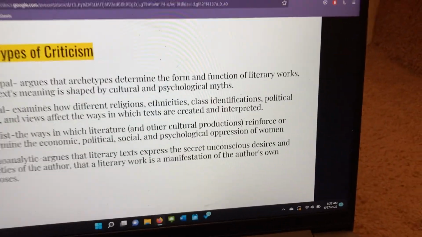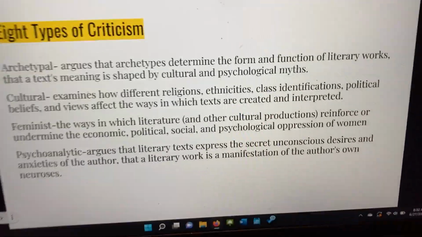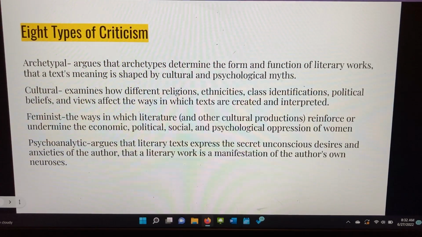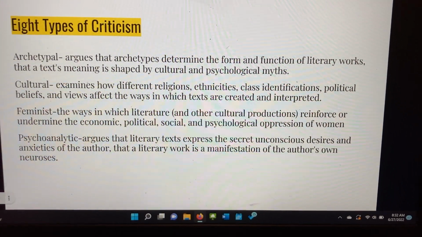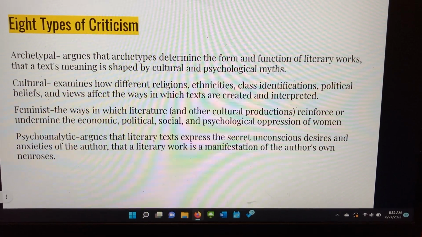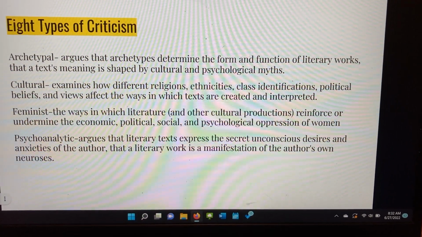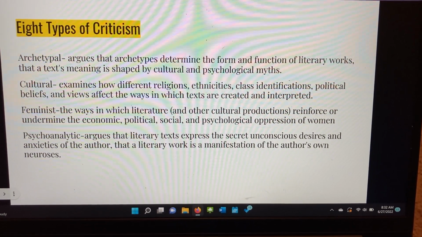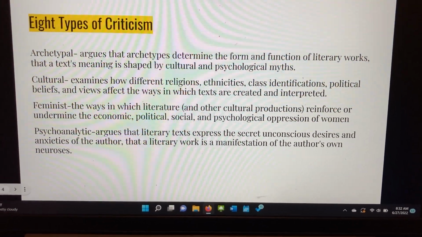But right now I would pull up the 8 types of criticism that I'd want to focus on. And the ones we have so far are archetypal criticism, which shows that archetypes determine and form the function of literary works and text meaning, shaped by cultural and psychological myths. So that's a lot to unpack, but there's